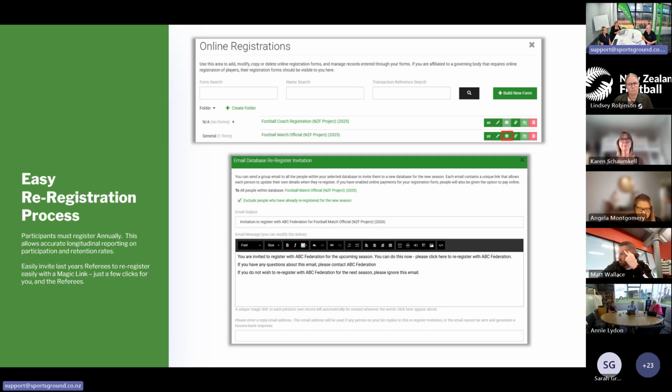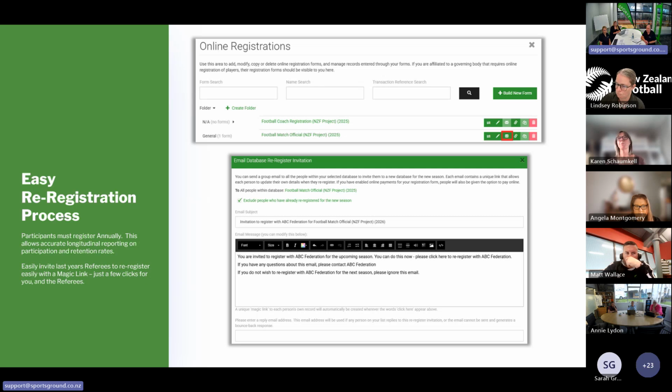Probably just worth mentioning, as part of that data migration project, which is obviously a separate project from what we're talking about here, there is a registration freeze that you may be aware of in relation to Comet, where effectively from that time, which I believe is the 2nd of December, all registration records that are in Comet, that's for all registration types, referees, coaches, players, etc., will be migrated to Sporty.